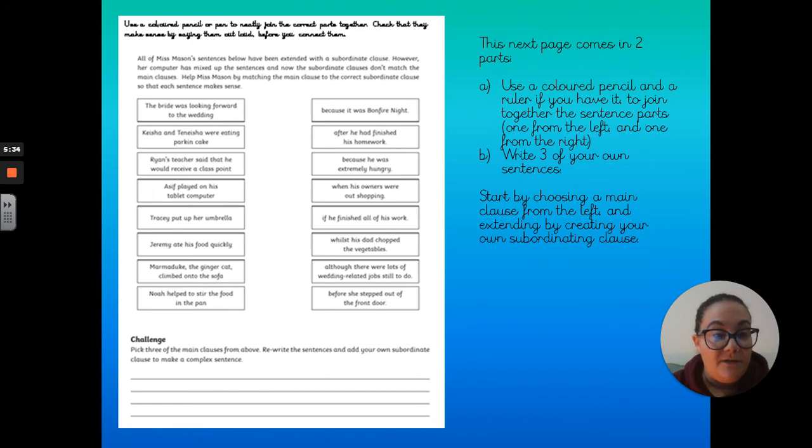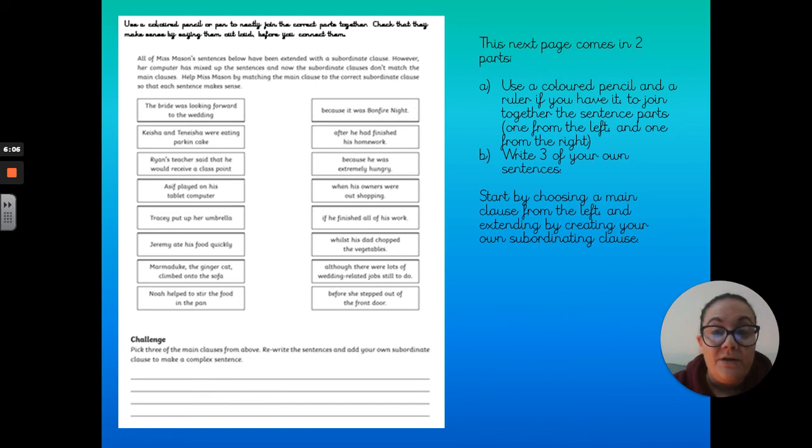Within the next part of today's English, you have got 2 columns of information. So you've got the left side and you've got the right side. The left side are main clauses, so they would be bits of information that could stand on their own as a sentence. Okay, so they are your main clauses, each of them there on the left. On the right, you have subordinating clauses, so the bits of information that only work if they're connected to one of the other pieces of